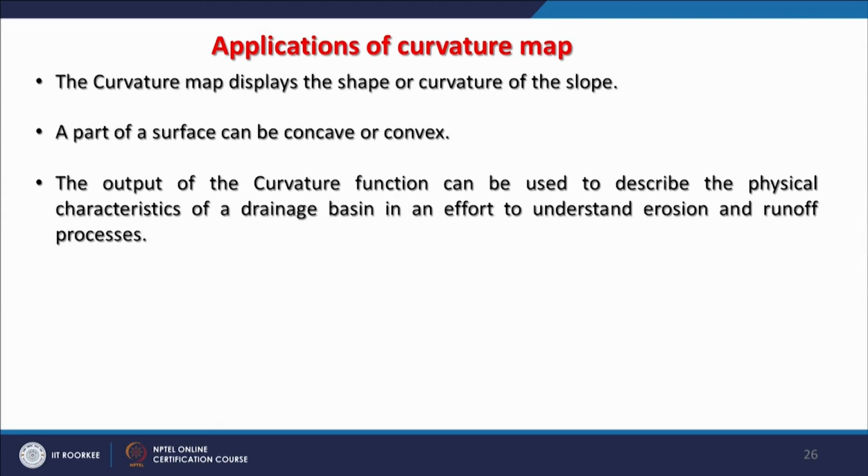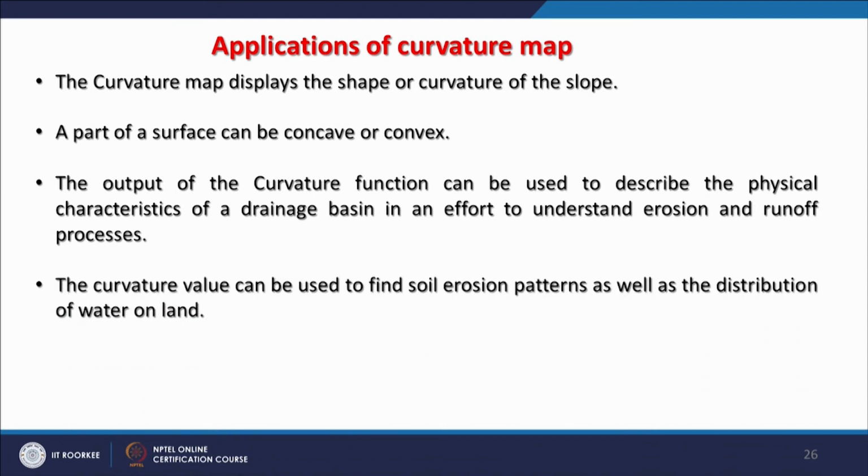So, what are the applications? Applications of the curvature map: it has been used for erosional studies, depositional studies and other purposes, such as slope stability analysis. Quickly we will go through this. The curvature map displays the shape or curvature of the slope, and a part of the surface can be concave or convex. The output of the curvature function can be used to describe the physical characteristics of a drainage basin in an effort to understand erosion and runoff processes, and the curvature value can be used to find soil erosion parameters as well as the distribution of water on land,